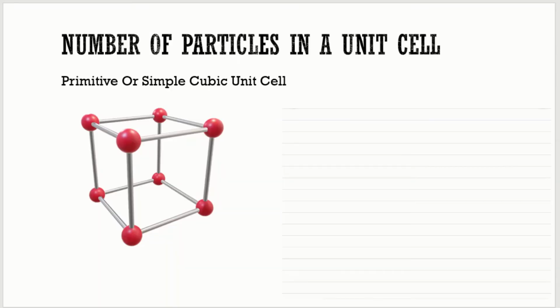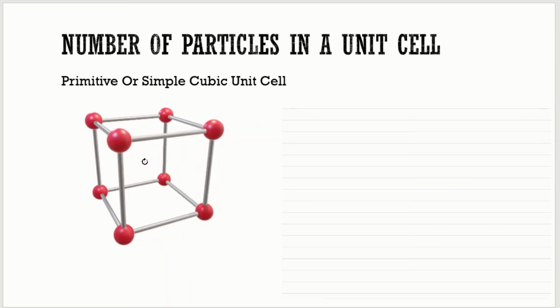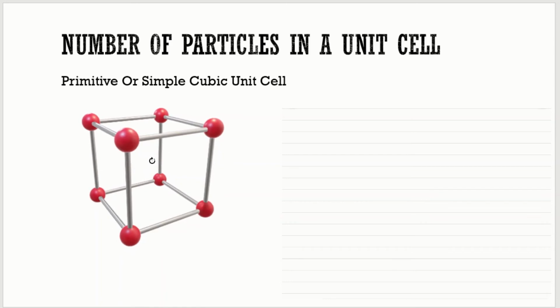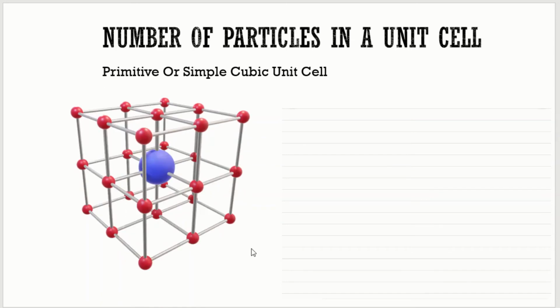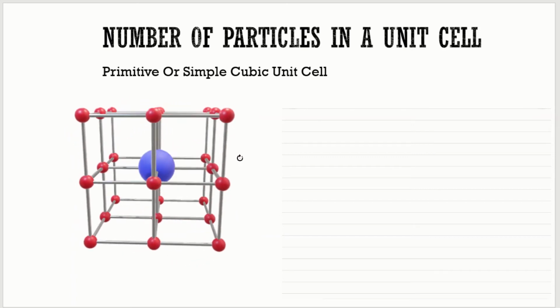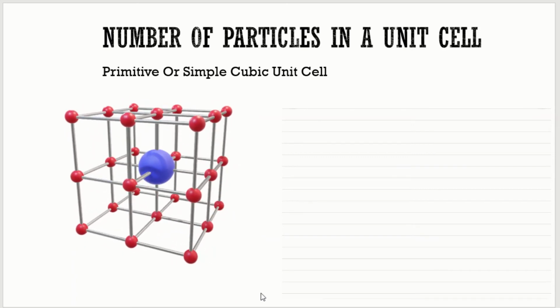Now let us talk about the number of atoms per unit cell. Firstly, let us discuss the primitive or simple cubic unit cell. A simple cubic unit cell has only 8 atoms on the corners. An atom at the corners is shared by 8 unit cells. As the contribution of each atom is 1 by 8, therefore, the number of atoms present per unit cell would be equal to 1 by 8 into 8, which is